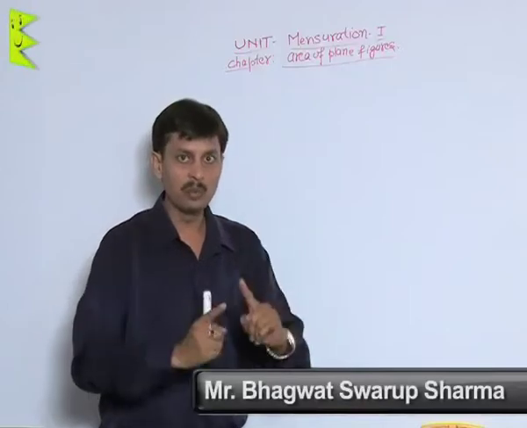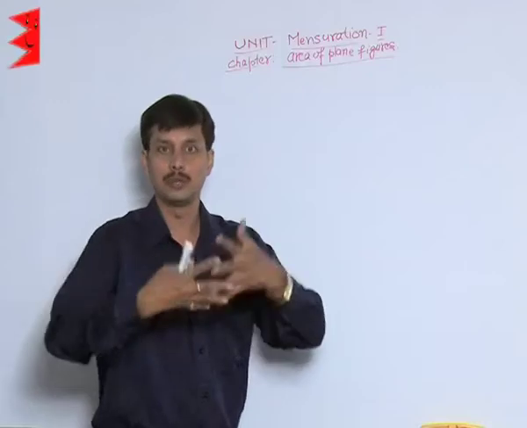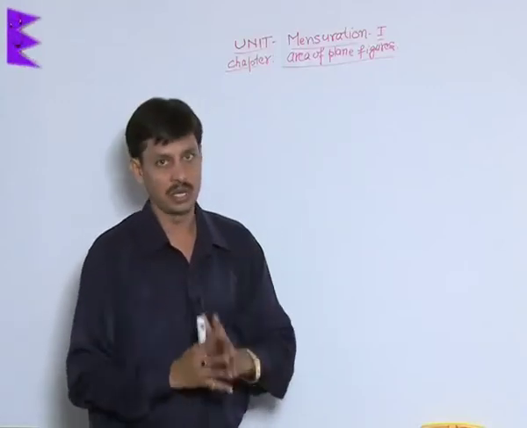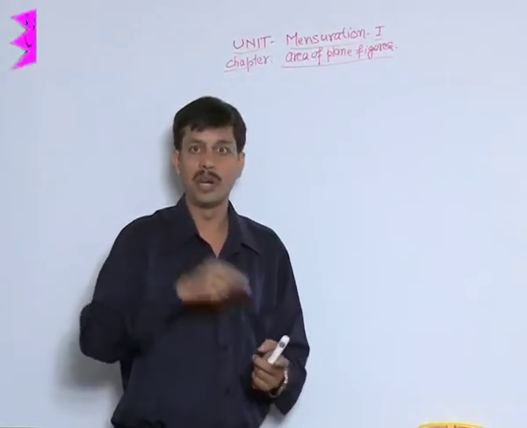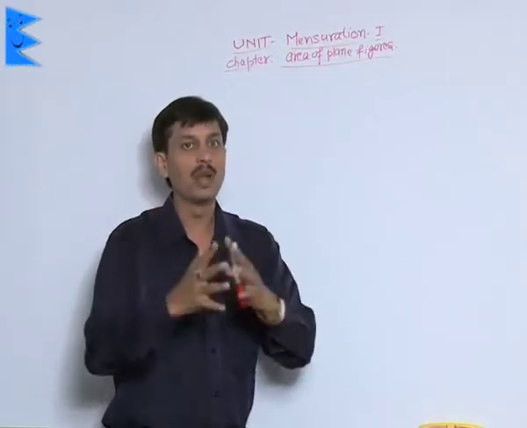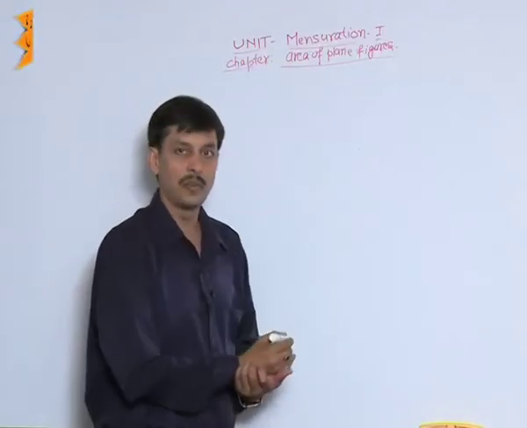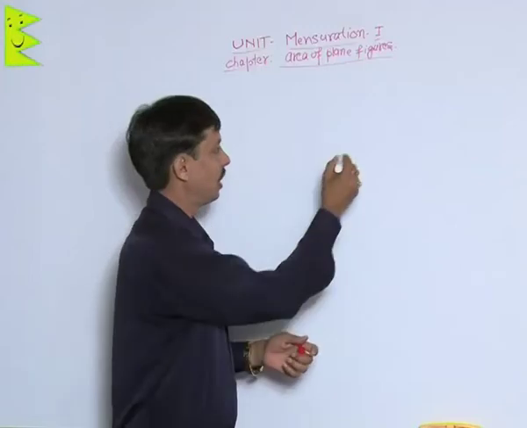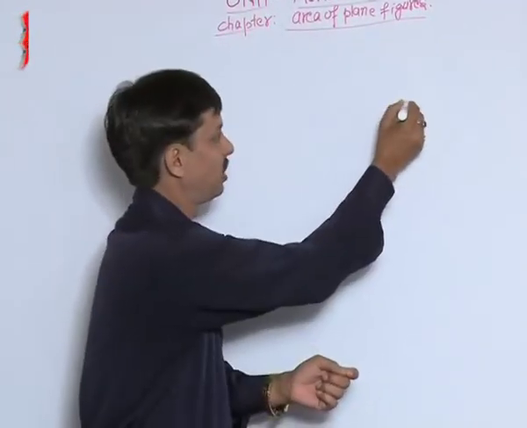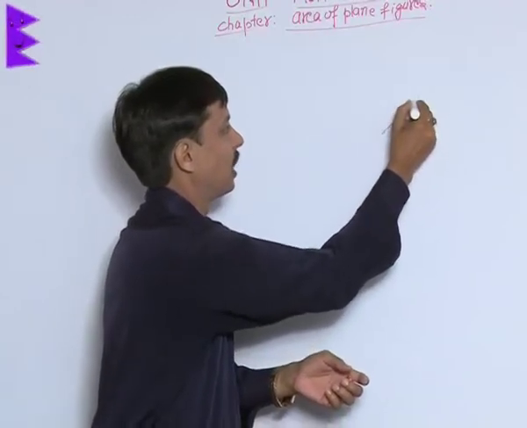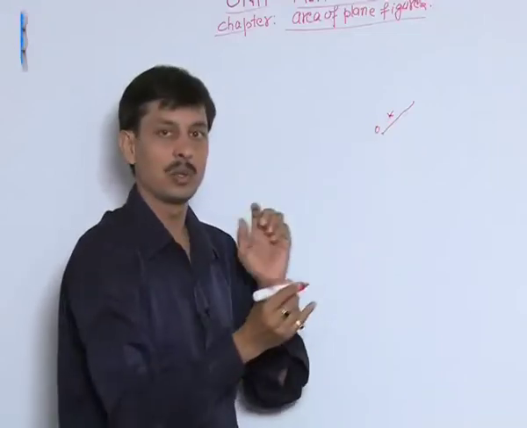If I remove the word plane, then the definition of circle converts to the definition of sphere. So what is the definition of circle? A circle is a locus or set of all points in a plane which are at equal distance from a fixed point. Suppose there is a plane, this is a fixed point, and from this fixed point someone has taken a point at a distance of, suppose, k units. This k may be 1 centimeter, 2 centimeters, 3 centimeters, and the fixed point is taken as O.